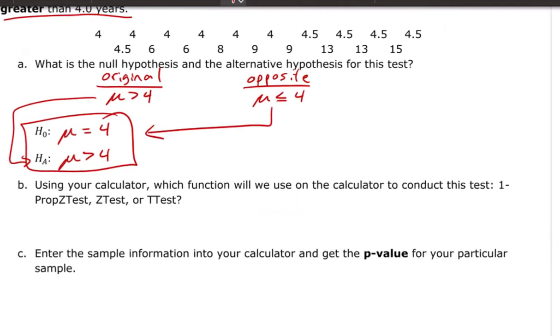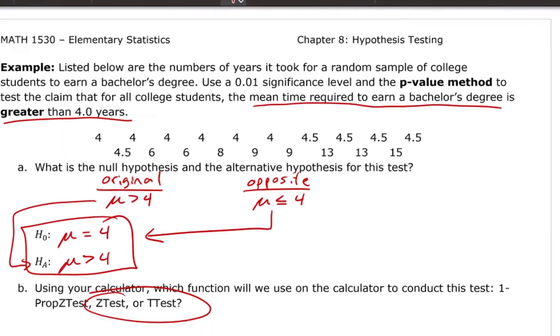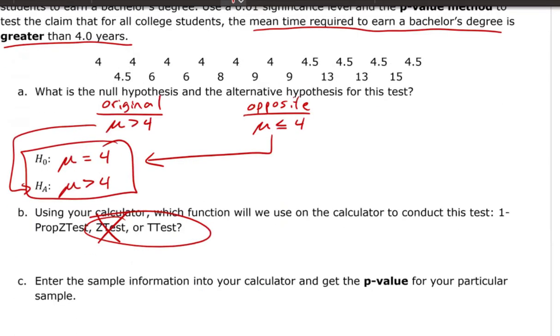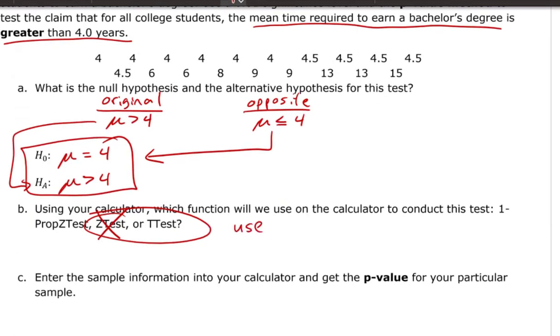Now on this one right here, it says which calculator function we use to conduct this test. It is a mean, so we know it's going to be Z or T, one of those two. But on this one, we don't have the sigma symbol in this problem like we did in the previous one. So we're actually going to use t-test on this one, since sigma is unknown,